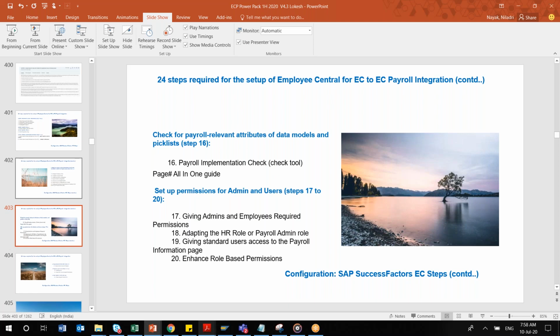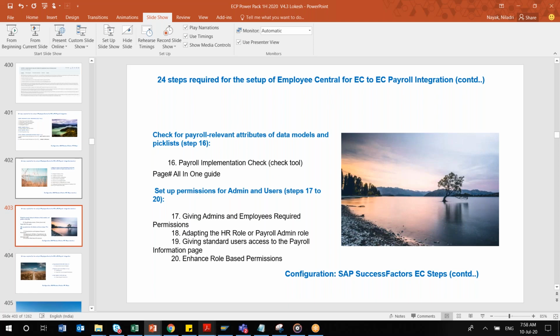If any configuration is missing, it will tell you to do this configuration. Suppose your cost center should be 20 characters, but you have not enhanced your respective succession data model or corporate data model, whatever data model, you have not modified those configurations. Then the system will tell you it should be this many characters, so go back and refine your succession data model.